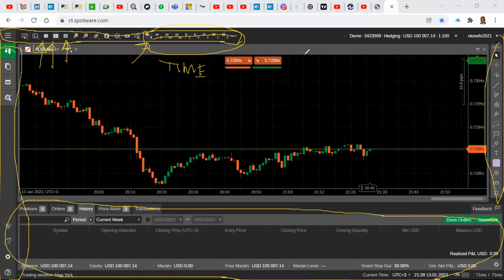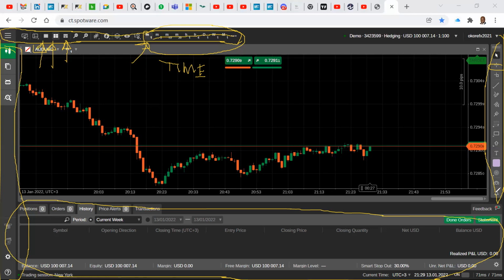Then on the right-hand side, these are some of your charting tools. That is just the usual cursor. This is like if you want to read where the market is, drawing a line. So all these things, again, the only way you'll know them is by playing with them. If you don't play with them, you'll not know. We can sit here and talk and talk and talk, but at the end of the day, you have to play with them, all right? But now I'm just breaking it down so you have an idea.